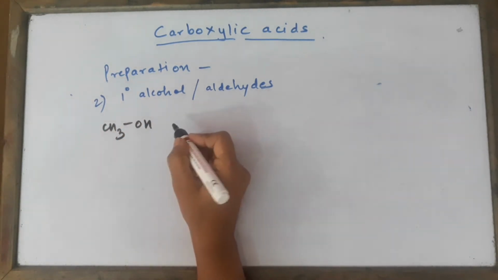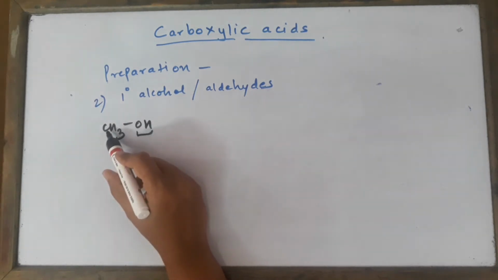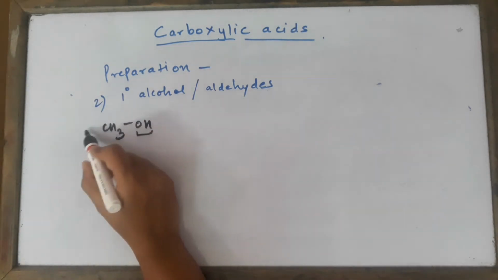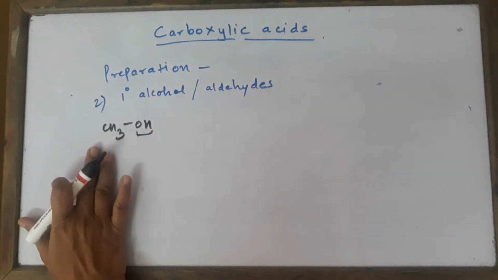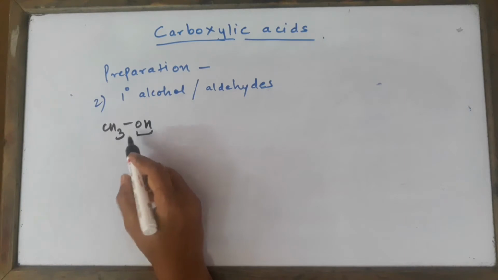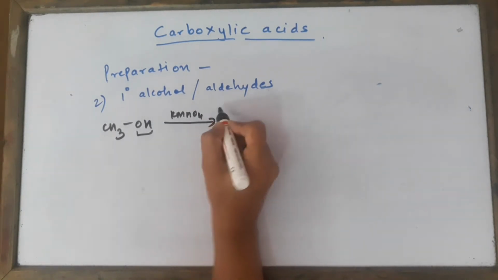CH3OH is a primary alcohol. We know very well what a primary alcohol is. The OH is attached to a primary carbon atom. A primary carbon atom, once again I'm telling you, is that carbon atom which has just got one neighboring carbon atom. In this case it has got 0 neighboring carbon atoms. Still we are going to call it a primary carbon atom. Alright, so this is the primary alcohol, and if I oxidize this with a strong oxidizing agent like potassium permanganate,